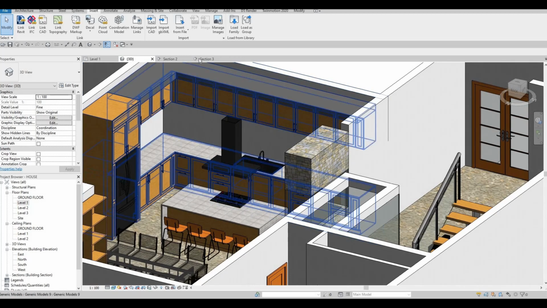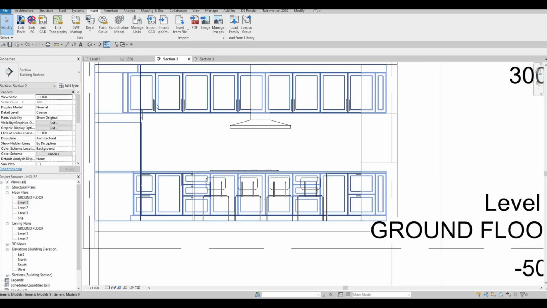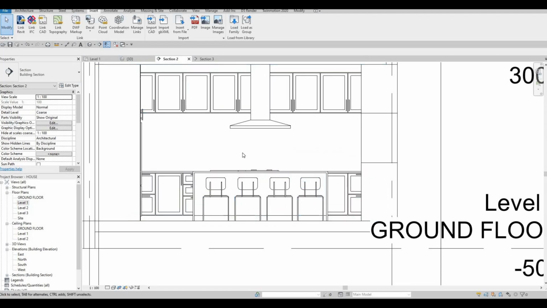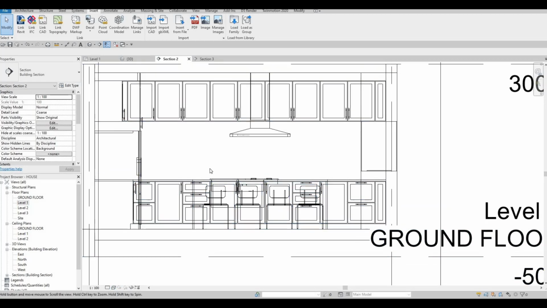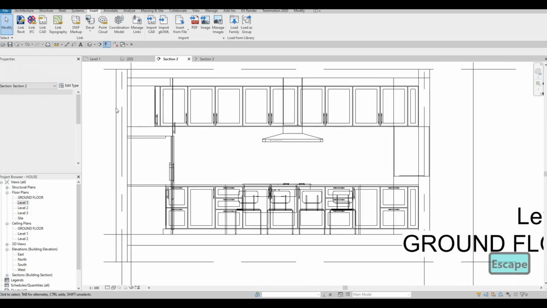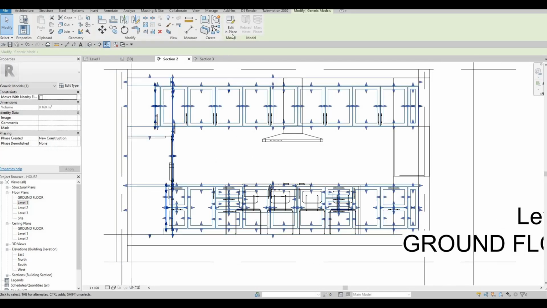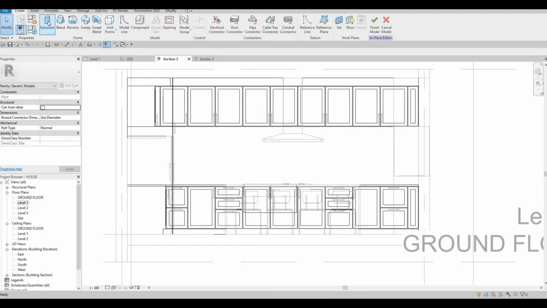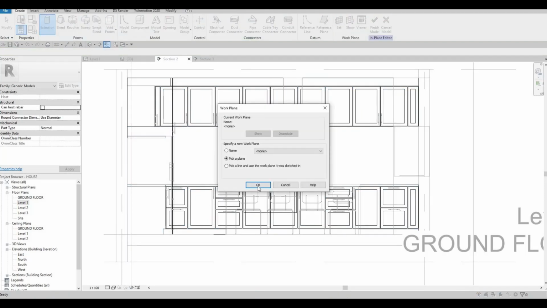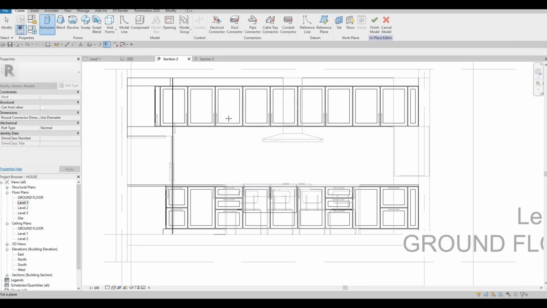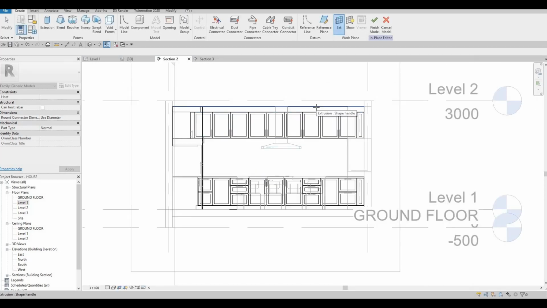So here, we will need to go to sections again, and then we need to add it on the back of this one. So we need to put it into wireframe again just to see everything else. So now what we could do is select this, edit in place, so that we could just add the extrusion right here. We're gonna set pick path, and then we need to select